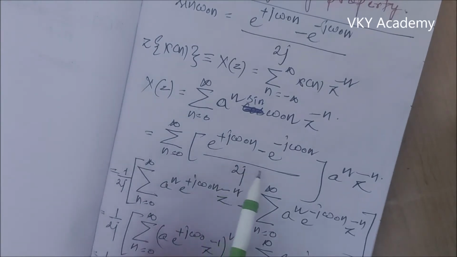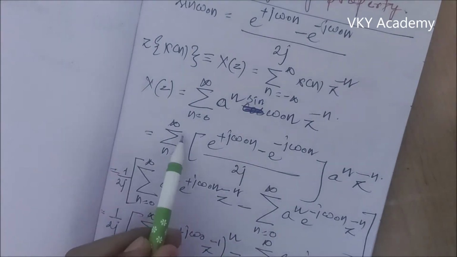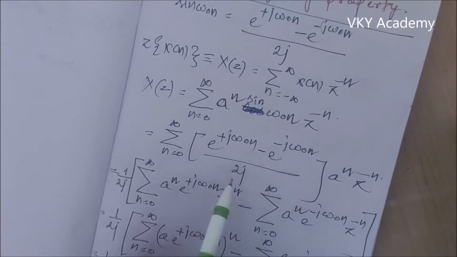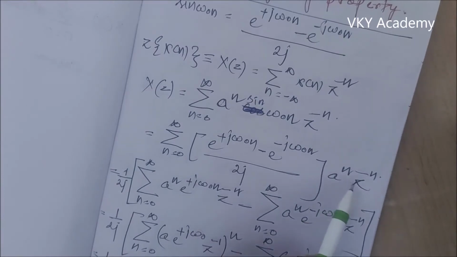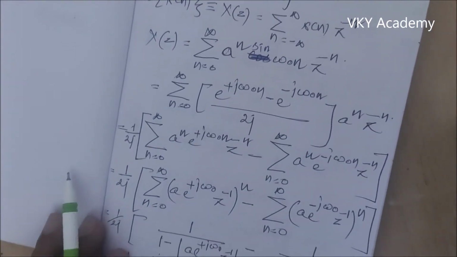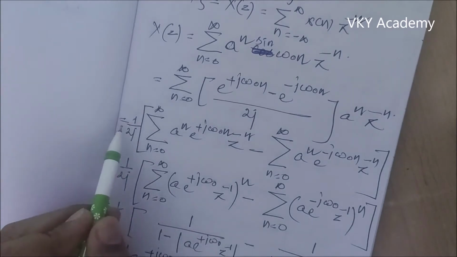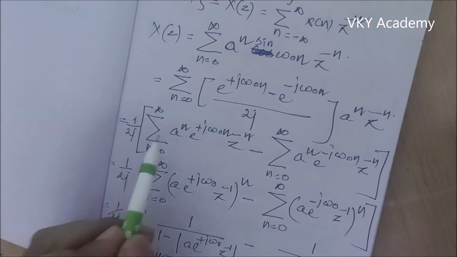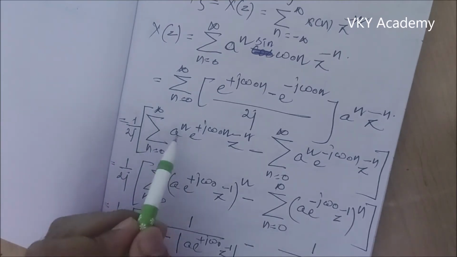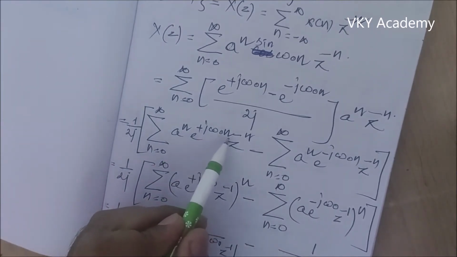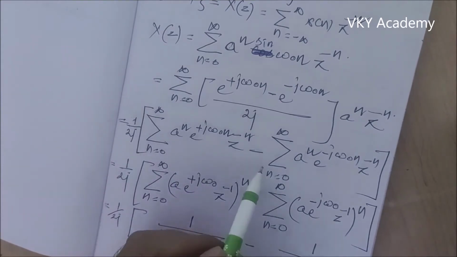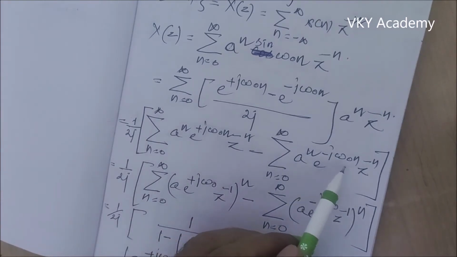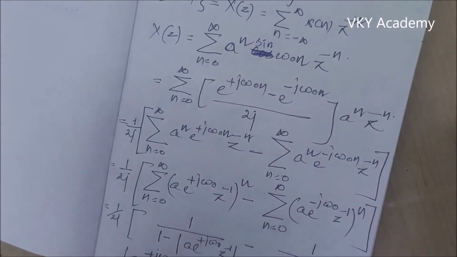Now putting the equivalent exponential inside the summation, we have n is equal to 0 to infinity, e to the power j omega naught n minus e to the power minus j omega naught n by 2j, whole into a to the power n z to the power minus n. Now this can be written as 1 by 2j, as it is a constant, and I have taken it out of the summation. Summation n is equal to 0 to infinity a to the power n e to the power plus j omega naught n z to the power minus n, minus summation n is equal to 0 to infinity a to the power n e to the power minus j omega naught n z to the power minus n,